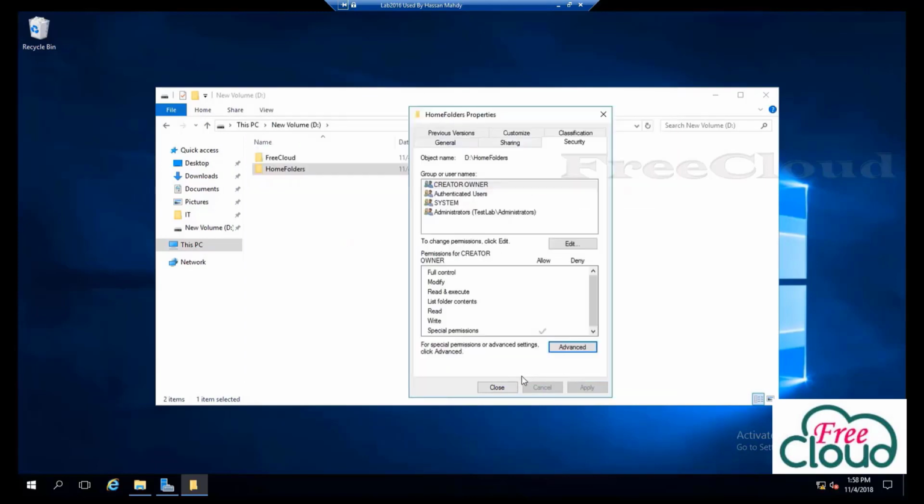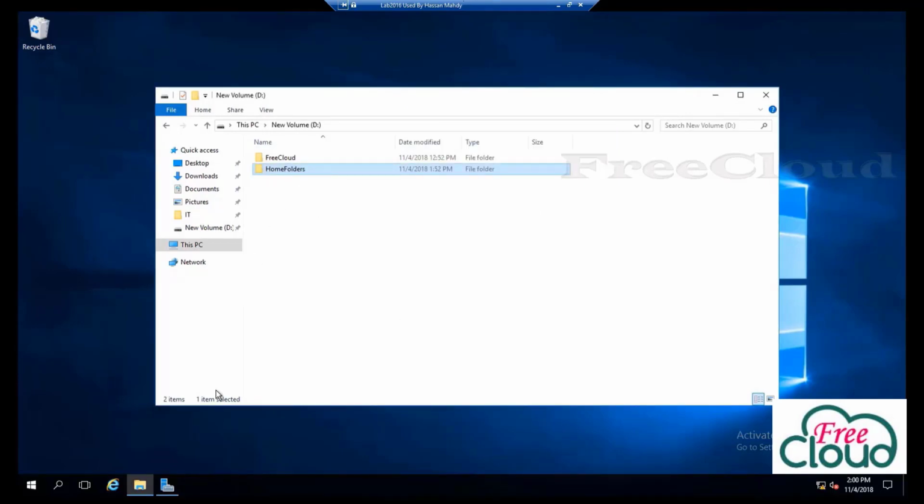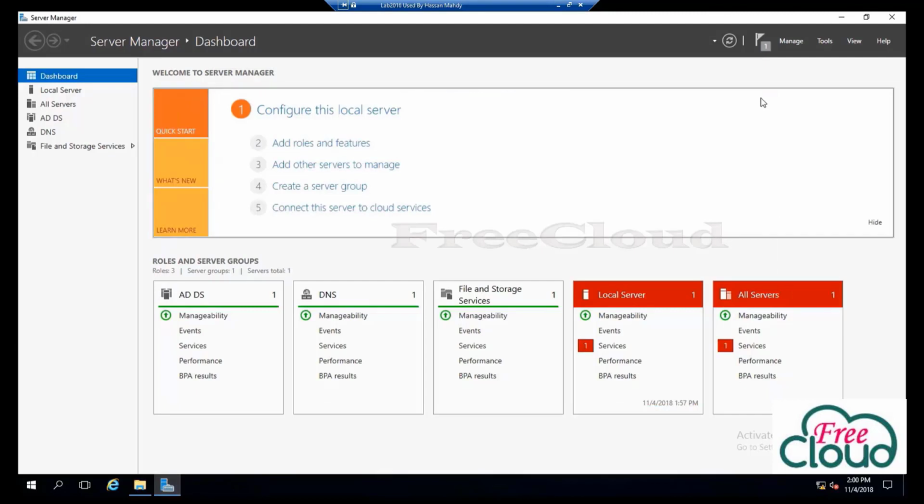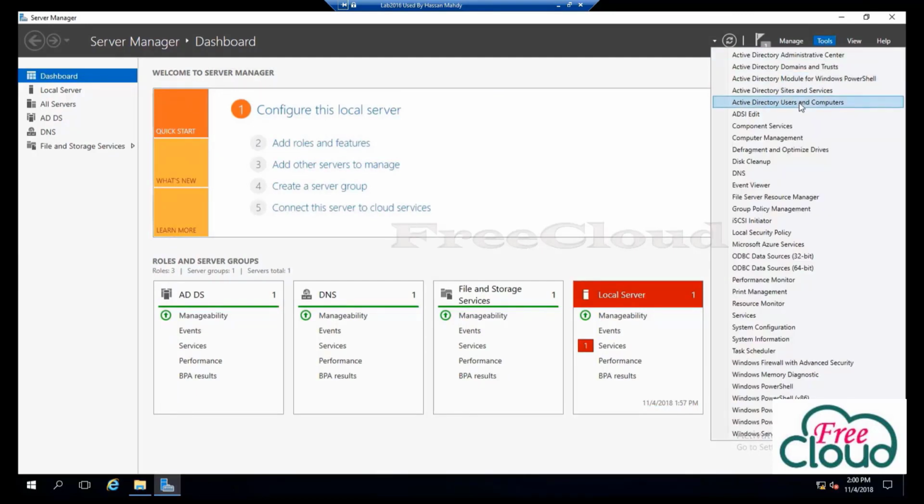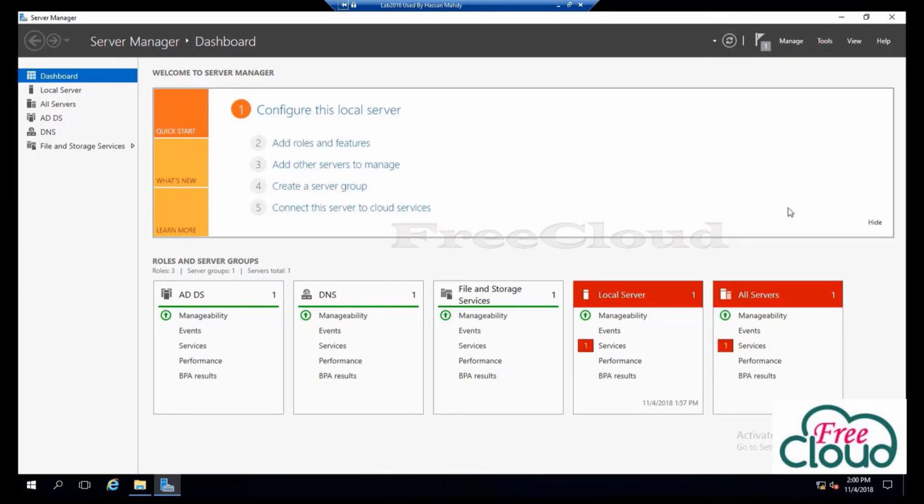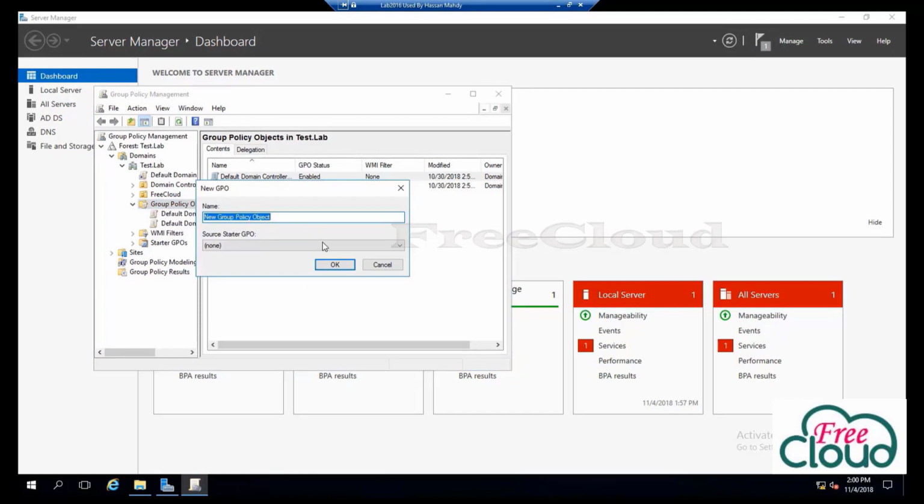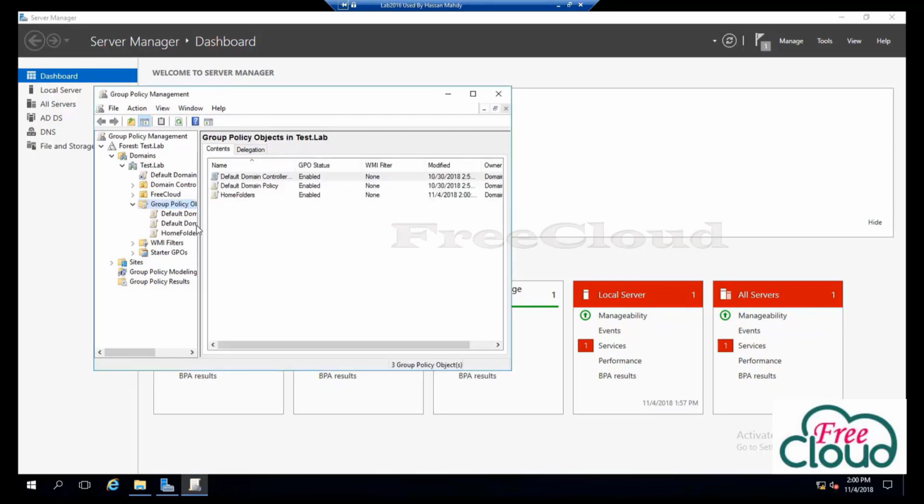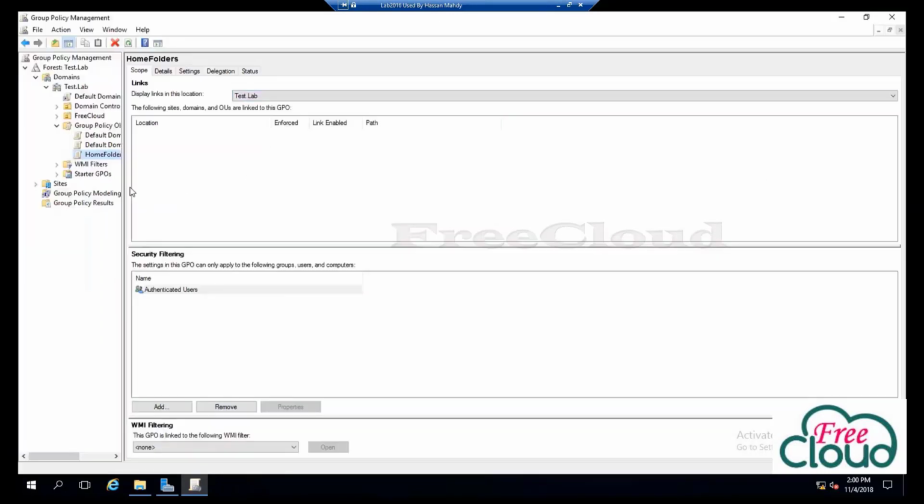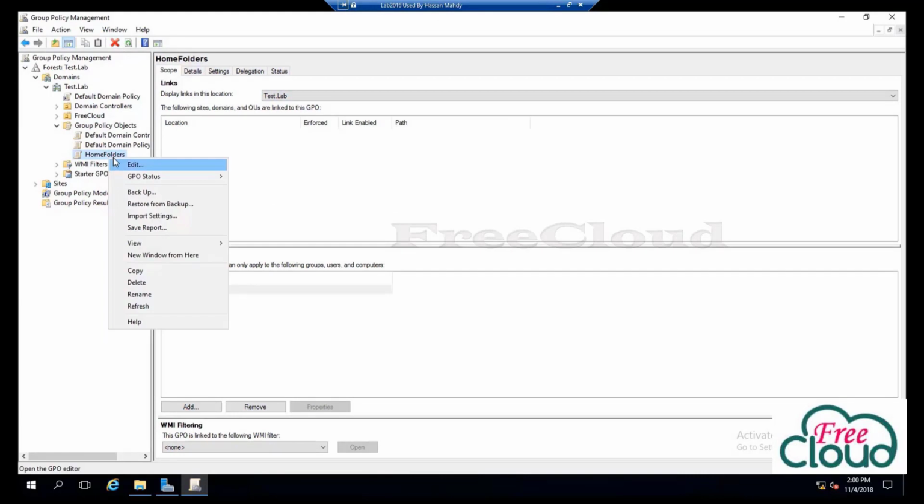Okay, now let's create a group policy for the folder redirection. From Server Manager, Tools, Group Policy Management, right-click on Group Policy Object, New GPO, type the name of GPO, Home Folders. Okay. Right-click on the newly created GPO, Edit,